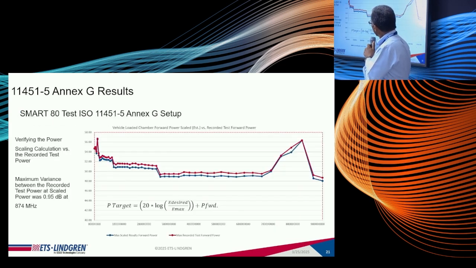So what he did here was look again at the characterization of the chamber across that frequency range, looking at the variation of the field as a function of frequency, and looking at what impact that has on the variation in field strength during the course of an immunity measurement. So here now we're looking at calculated field strength versus the measured field strength during the course of an immunity measurement. The blue curve is the scaled forward power calculated from this relationship, and the red curve is the actual measured, or the average of the measured forward power at the 8 field probe positions.